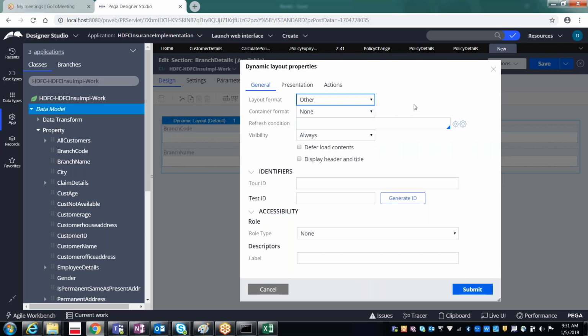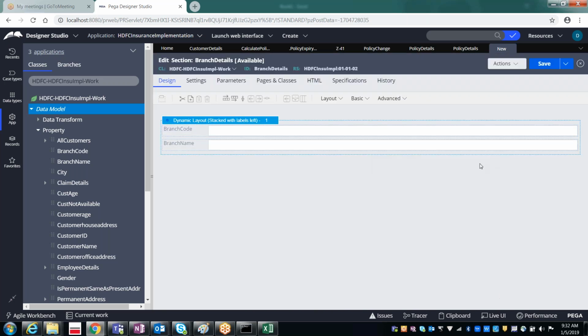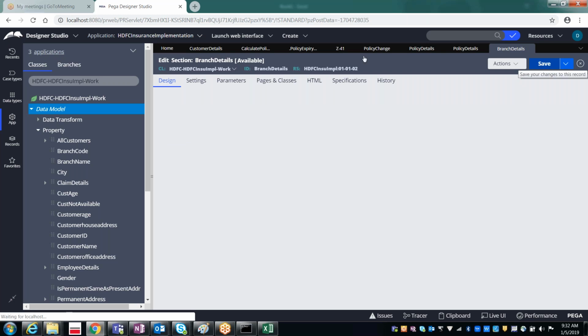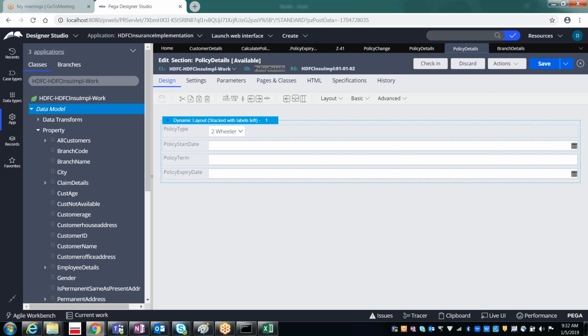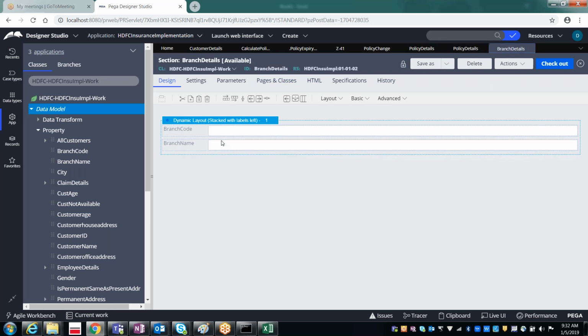Layout for other and stacked. Apply, save. Now I have the branch details. For the policy details I have one section, and for the branch details I have one more section.